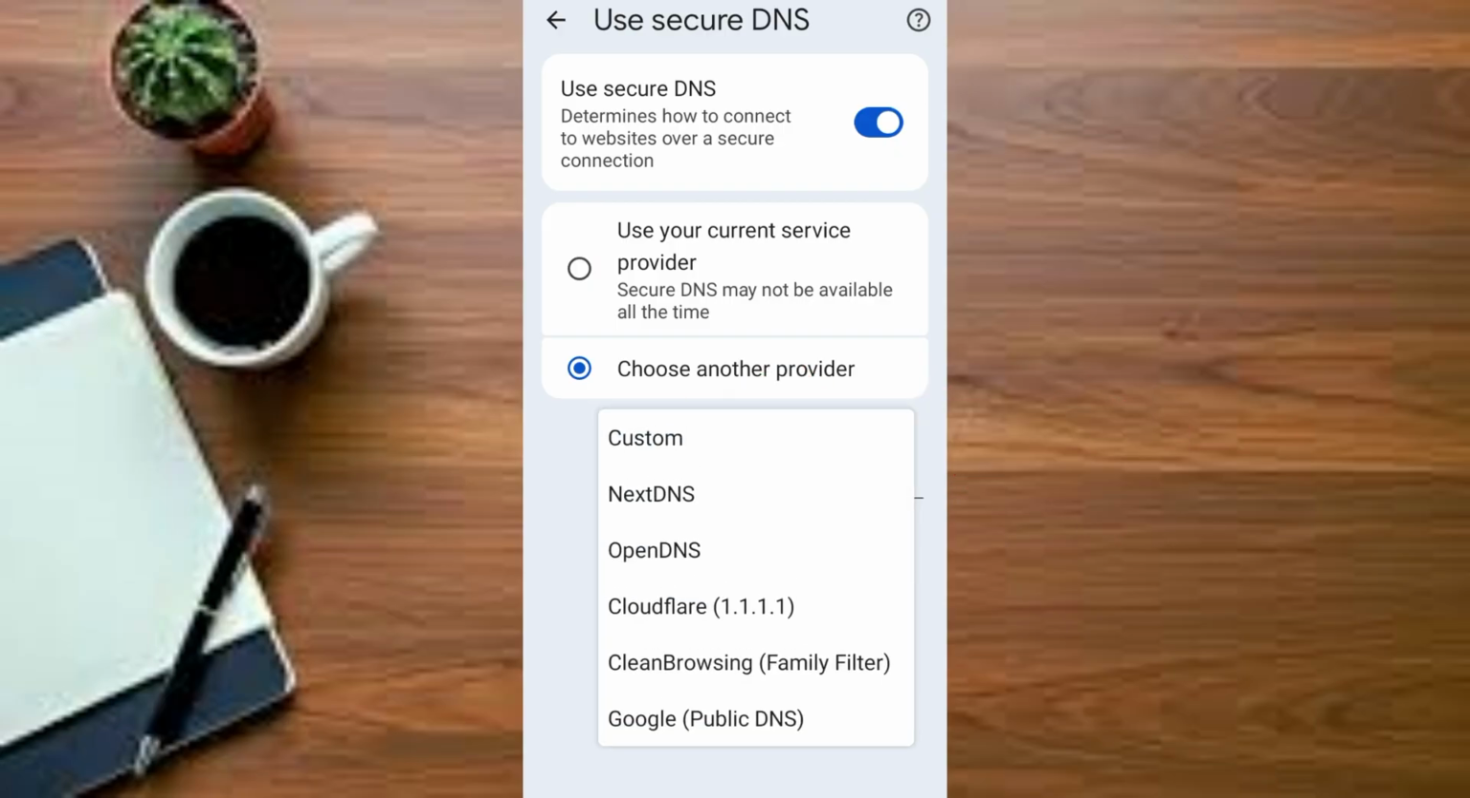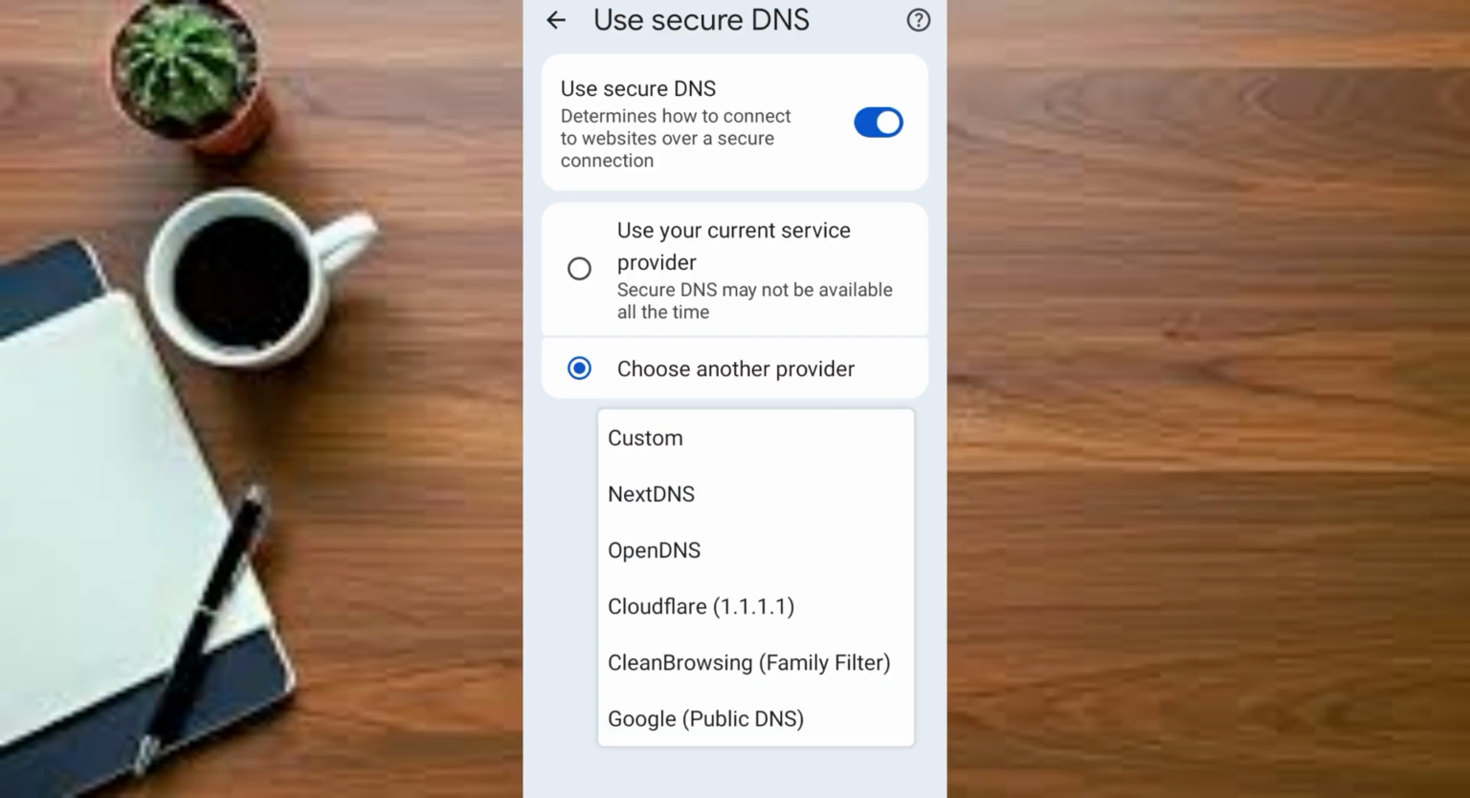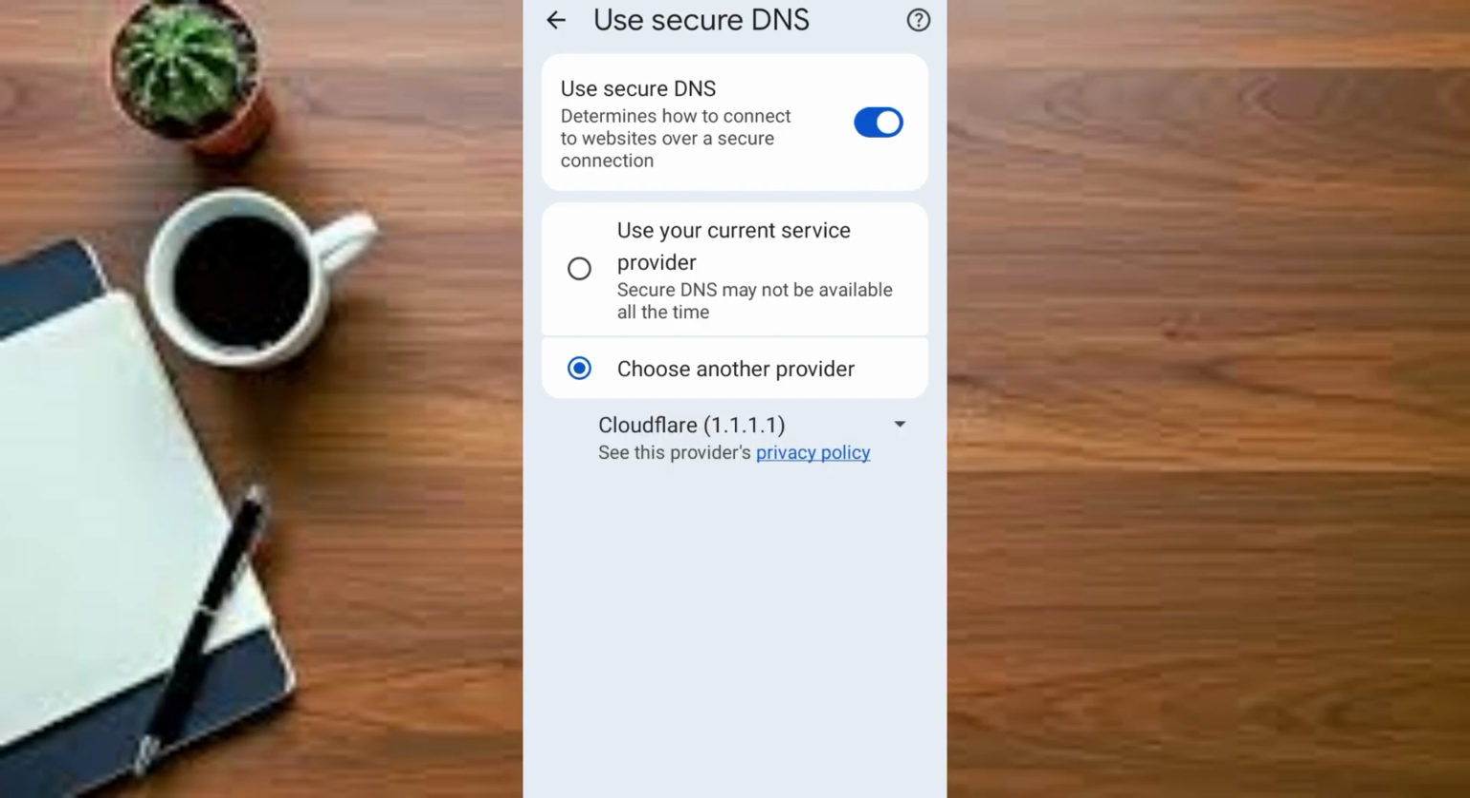Now you have a lot of options here. You have Nest DNS, Open DNS, Cloudflare, Clean Browsing, that is Family Filter, and Google Public DNS. So I will encourage you guys to choose from Cloudflare and Google Public DNS. If you choose from Cloudflare and Google Public DNS, your internet speed is going to be very fast and smooth. And if you choose that of Cloudflare as well, Cloudflare 1.1.1.1, your internet speed is going to be very fast